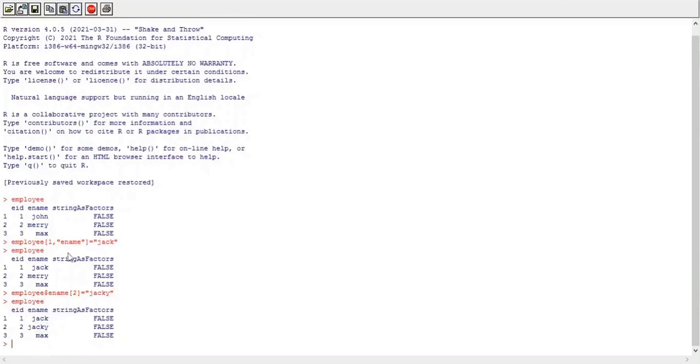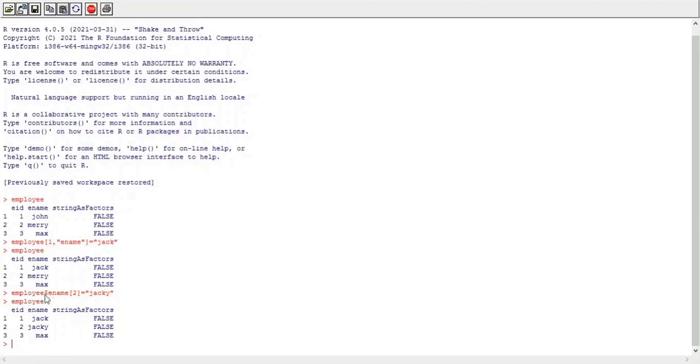So you can either use this square bracket syntax to update a value, or you can use the dollar sign. Whenever we use square bracket, it receives two parameters. The first parameter is the index position of the value that we want to update, and the second parameter is the component name for which we want to update the value.